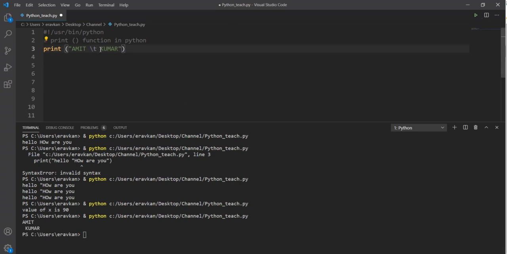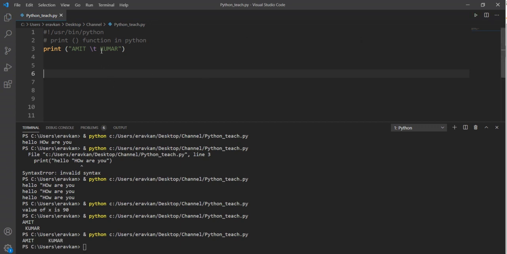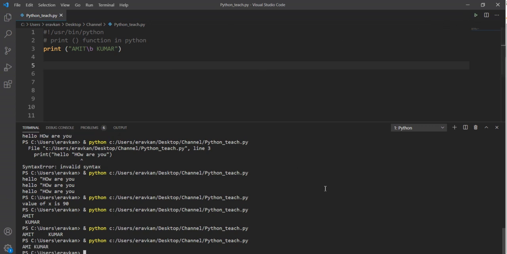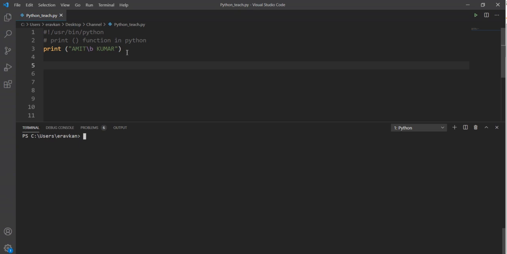Suppose I want to use tab, I can use tab also. If I want to use backspace, it will erase one character. So, Amit Kumar.